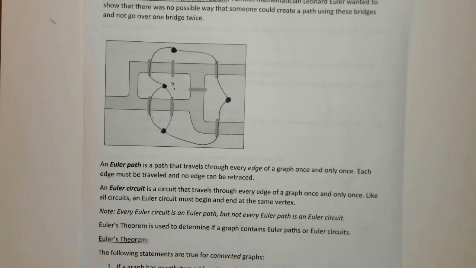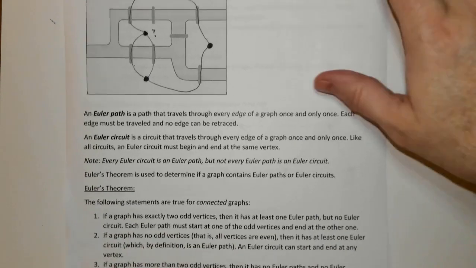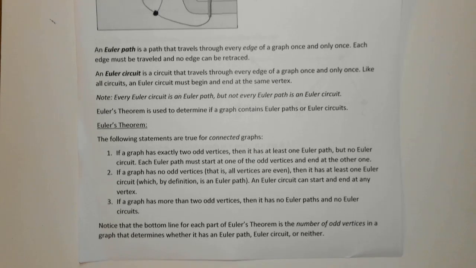So, of course, this reiterates what I just said. Every Euler circuit is an Euler path, but not every Euler path is an Euler circuit. And that leads us up to Euler's theorem. Euler's theorem has 3 parts. If a graph has 2 odd vertices, then it has at least one Euler path, but no Euler circuits. If a graph has no odd vertices,